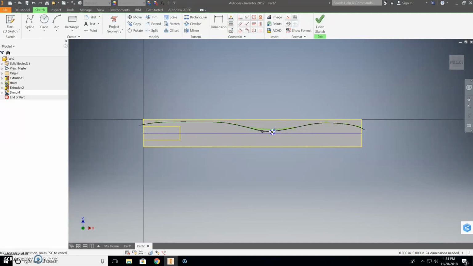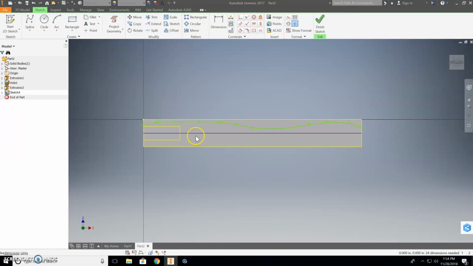And like before, if I want to adjust how some of this is going to look, I can do that. Make sure that whatever you draw does not go past this middle line. If it goes down into the purple here, we're going to end up sawing our car in half. So we don't want to do that. We want to leave some space here. Once we get this adjusted